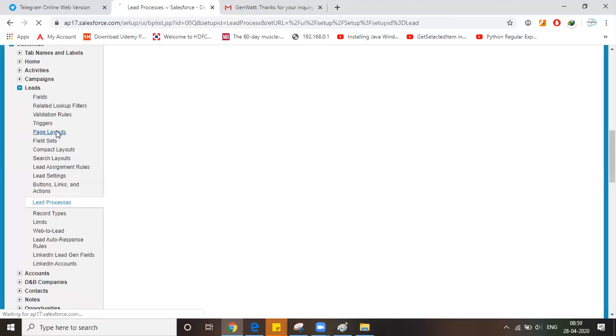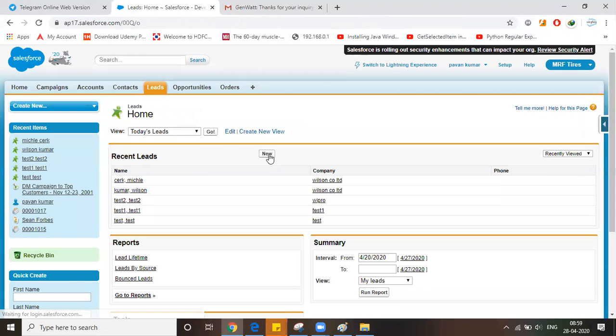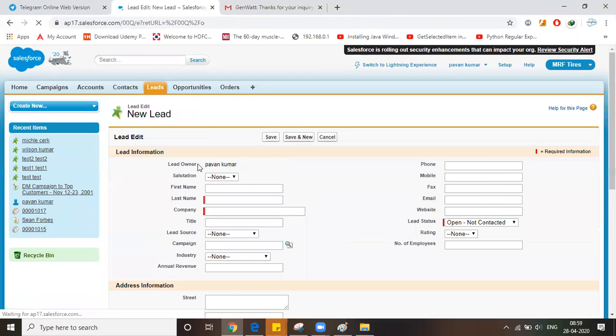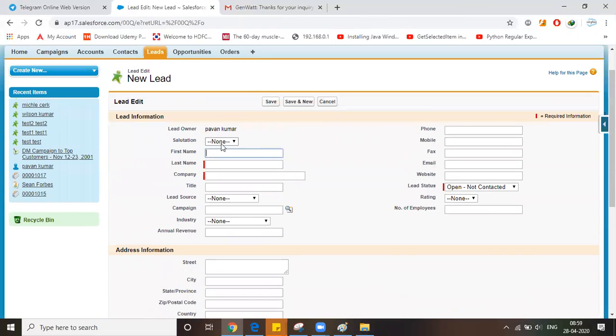So for page layouts, we'll define different page layouts, one for marketing people and one for the sales team. If you say a new record, this is one page layout. One application form is nothing but one page layout. The page which we are seeing now is nothing but a page layout.